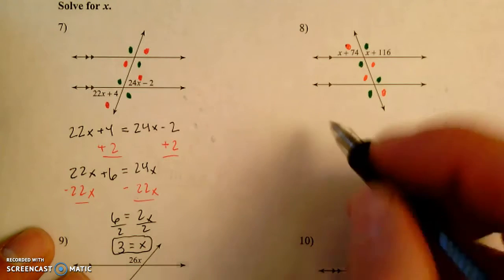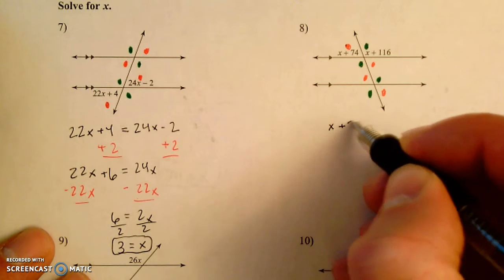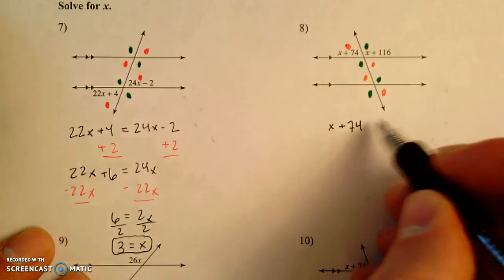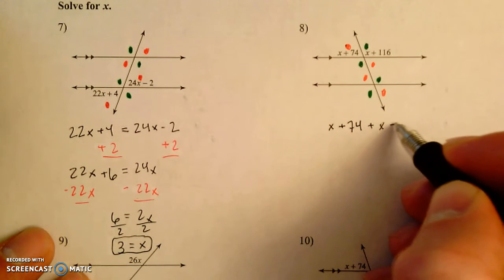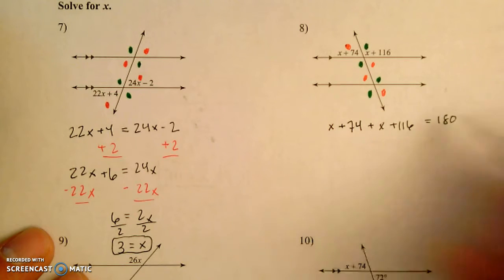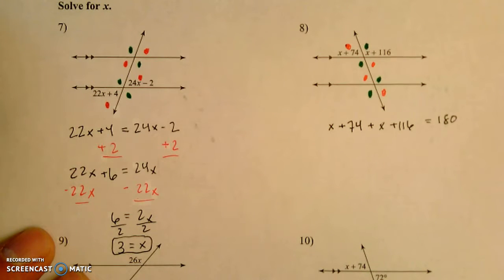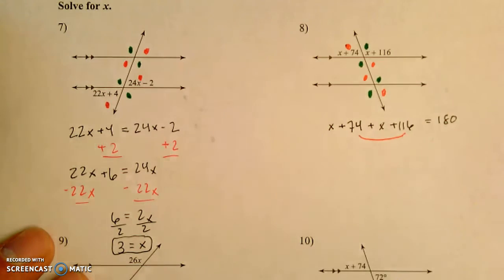So they're supplementary. So we set this up a little bit differently. We say x plus 74 plus x plus 116 equals 180 altogether. So first thing I'm going to do is combine